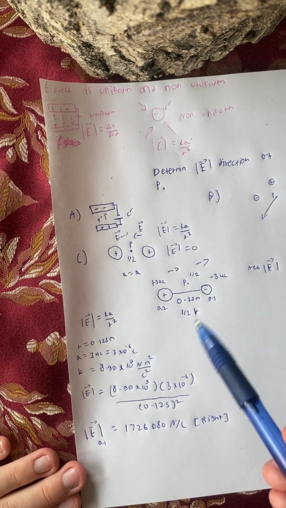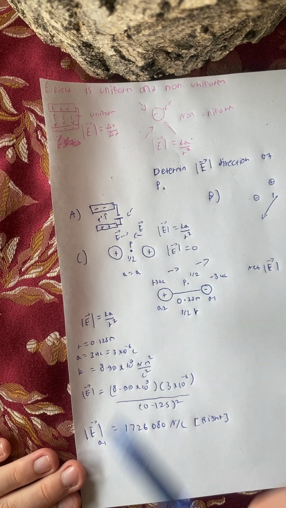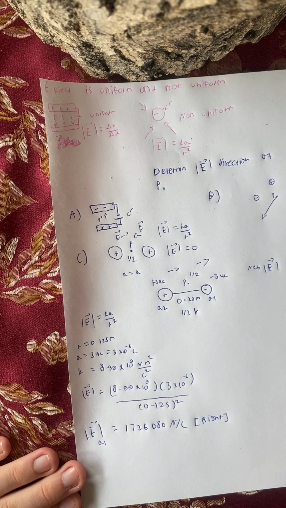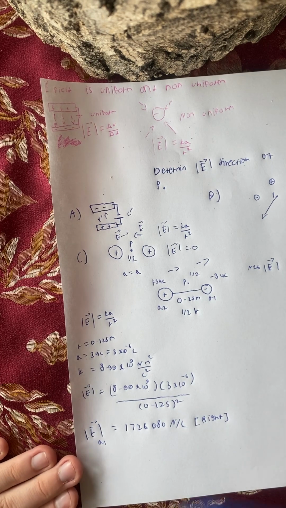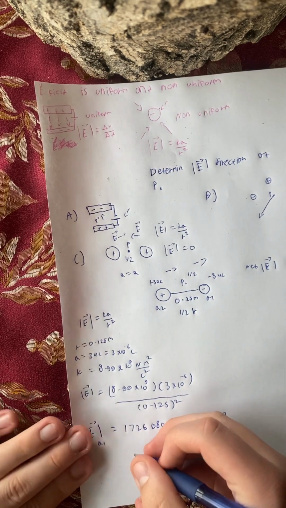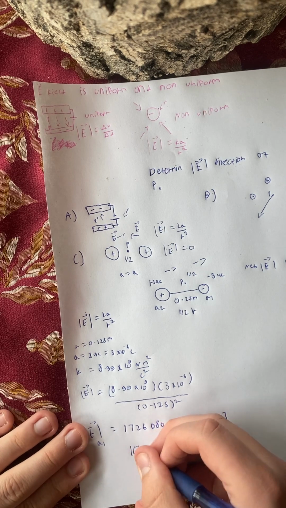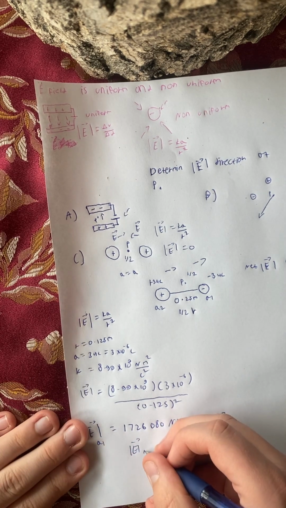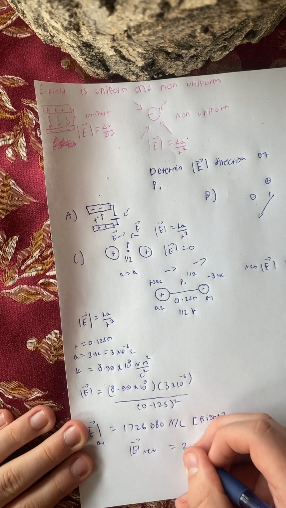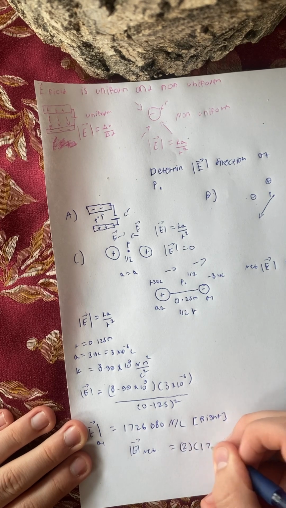So, since both electric fields go to the right, we can assume the electric fields are the same for both, but just double this. So, the absolute value of the net electric field equals 2 times this value,